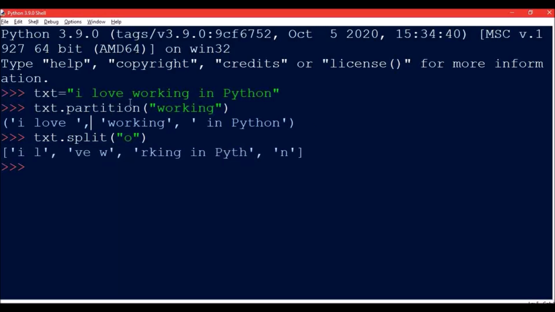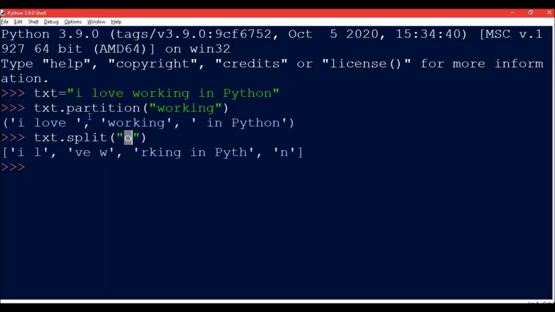Second difference, in partition the word that we are passing as an argument is included, so working is included, but here the substring, or you can say the separator that we are providing, will not be included.